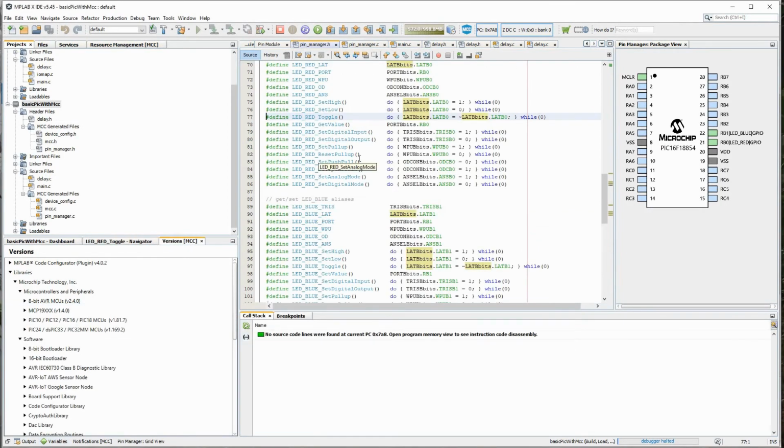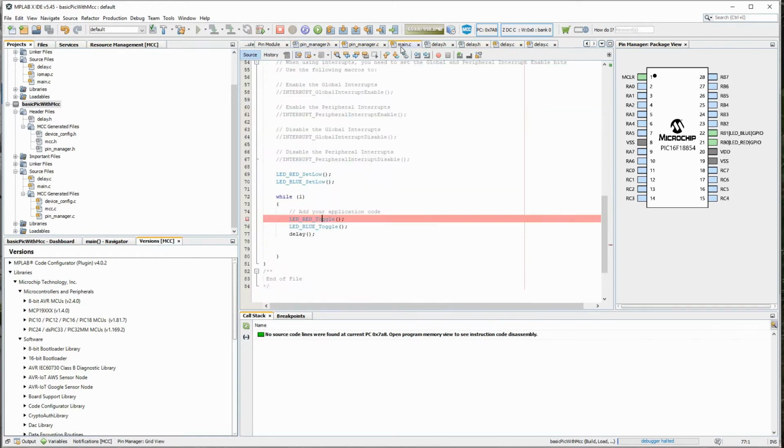If you control and click on that, it will show you what it is doing: a bitwise complementing operator. Basically, if this bit is 1, it will become 0. If it is 0, it will become 1. So it will toggle. So now let's just run the simulation and see if that is working.